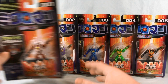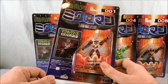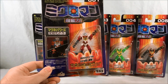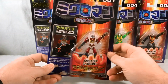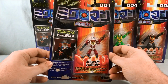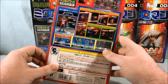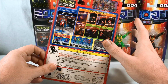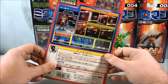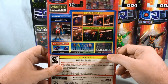But I got into it recently thanks to my friend Corey Frozen Stratus on Twitter. Shout out to him, always getting me to fall into these weird rabbit holes. But I found a bunch of these on Mandarake. They're still in package here, and they're not that expensive, so I decided to go for it. I watched a couple episodes of the anime. Unfortunately, there's only 1 or 2 episodes that are subbed, and then the rest are just raw. I mean, you can still enjoy them without the subtitles, but in any case, here's the back of